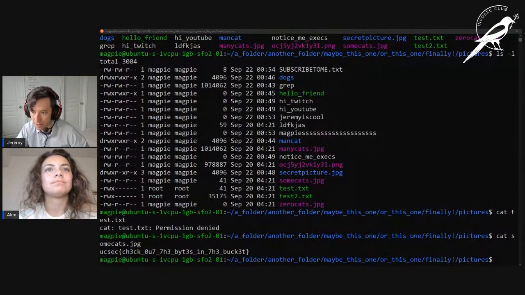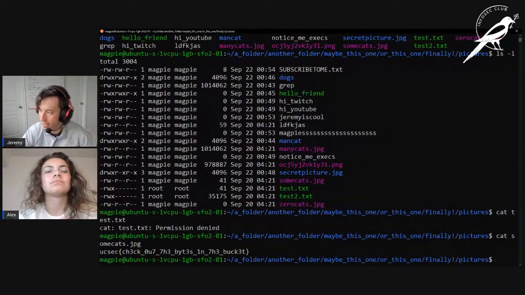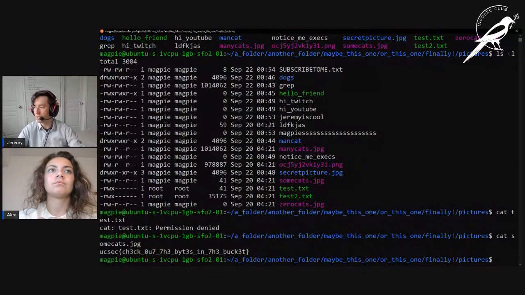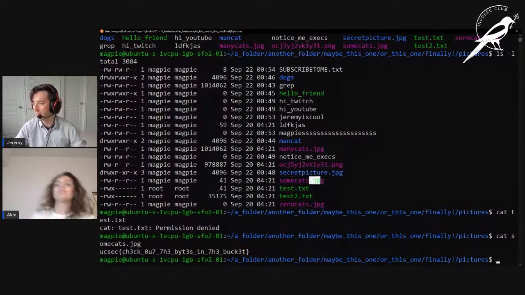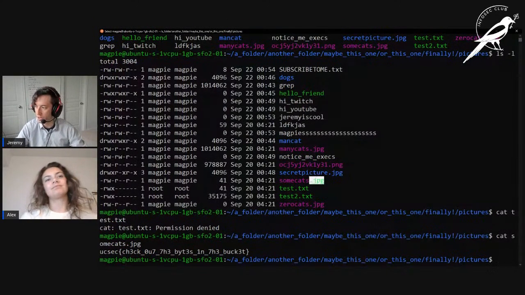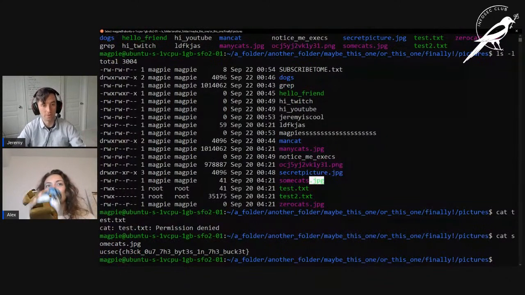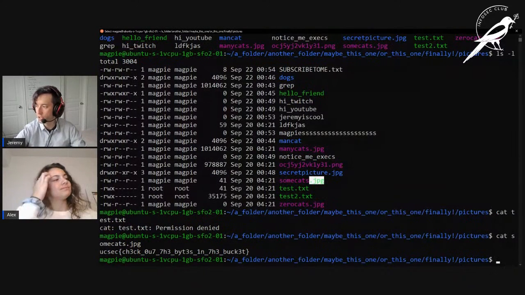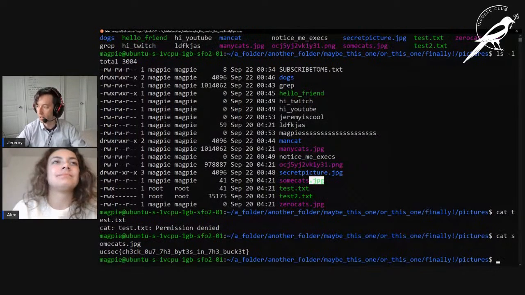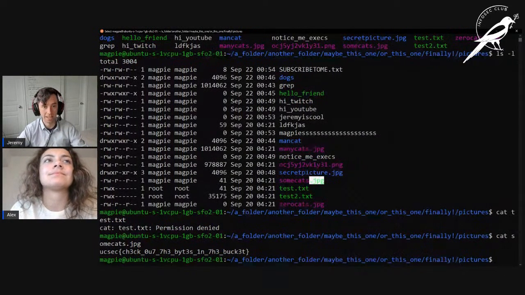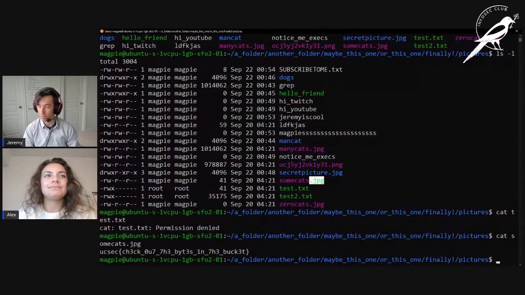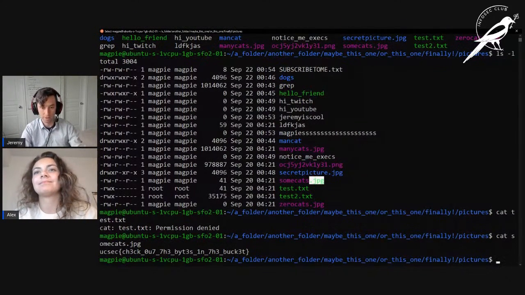So the lesson here is that sumcats is not what it seemed to be. Again, we said that those file extensions, they lie. In Windows, when you change these file extensions around, it completely changes the way that Windows views the files. You've probably taken them off at one point, and it just didn't know how to read the file, because it didn't have the extension. In Linux, it's not the same thing. You can add file extensions on in the name, and it doesn't change anything. But it also means that sometimes those file extensions will lie to you.